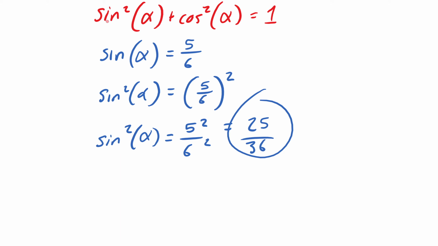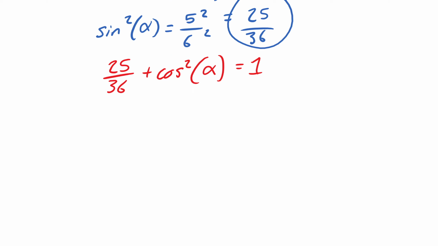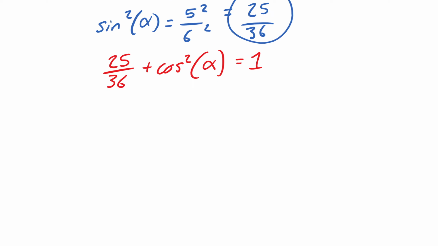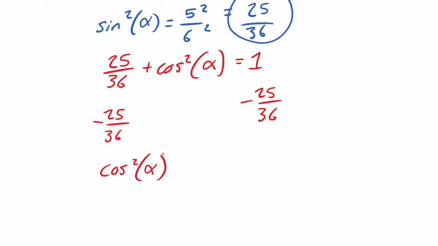Instead of sine of alpha squared, we can now say 25 over 36, and we'll plug in the original variables: cosine of alpha squared and 1. So we have to isolate cosine of alpha squared. Let's subtract 25 over 36, and we are left with cosine of alpha squared equals 1 minus